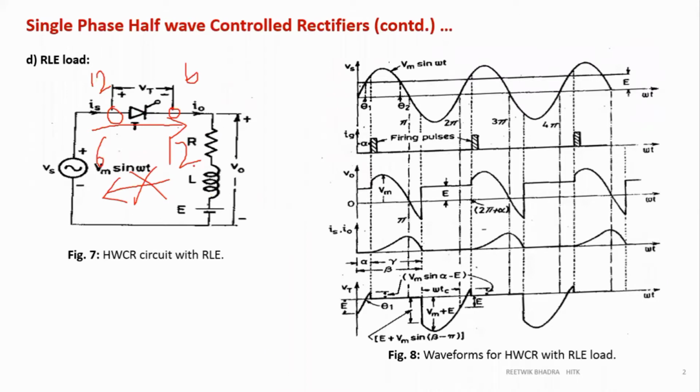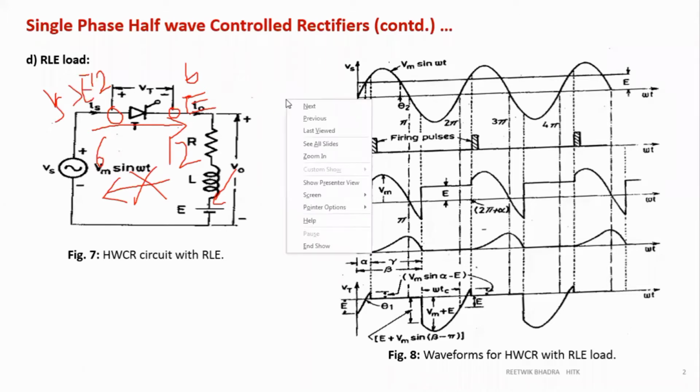At the time when current I naught is zero, no current is flowing through this. What will be the voltage V naught? It will be nothing but E. If you connect a voltmeter across this, I naught is 0 and L dI naught by dt is 0, so V naught is equal to E. At this point we will have E, and at this point we have Vs. So obviously, Vs should be greater than E for the thyristor to conduct. This is the concept we should take before drawing our waveforms.